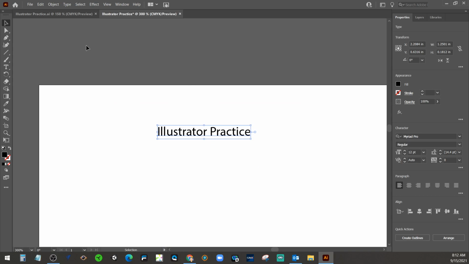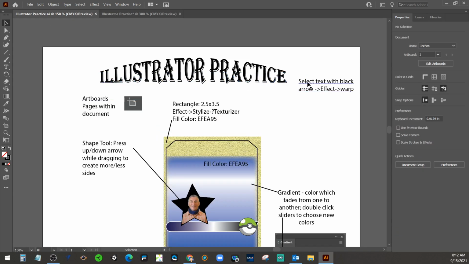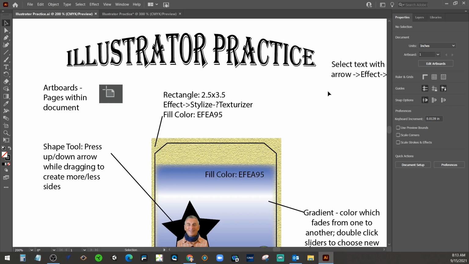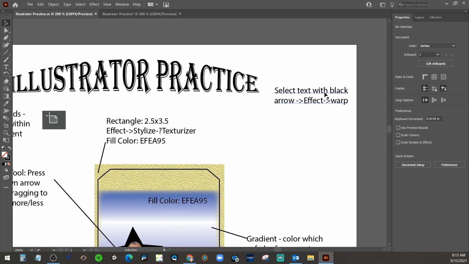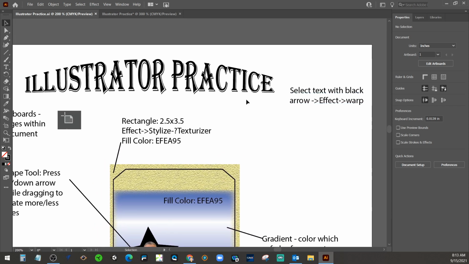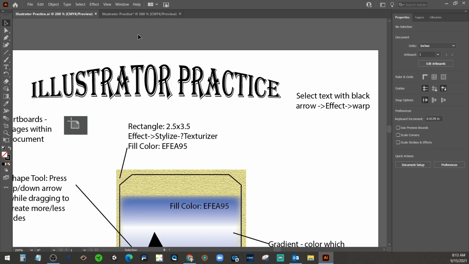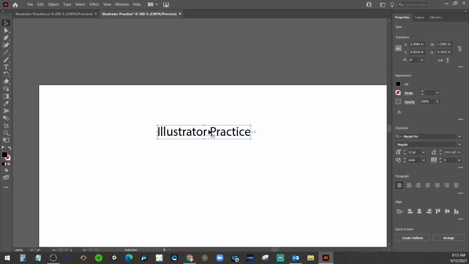All right, so as the directions say, I'm going to select the text with the black arrow, and these arrows are kind of like the next step. When you see this, I do want you to have the directions in here, so you can copy those from the notes. Unless you're a really fast typer, which I'm not really, I would definitely suggest just copying and pasting from the notes page. All right, so we're going to take our Illustrator text, we're going to go up to Effect,